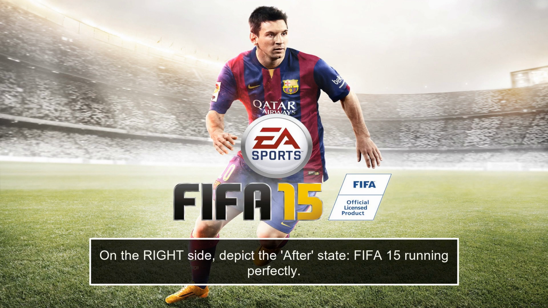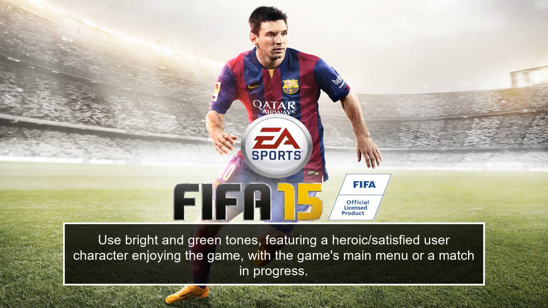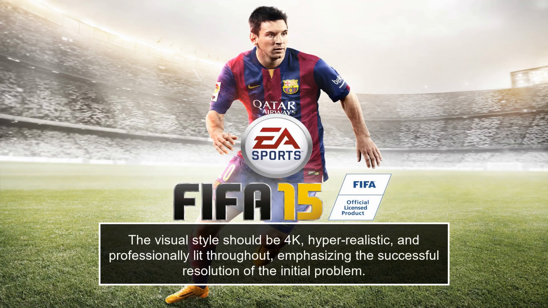On the right side, depict the after state, FIFA 15 running perfectly. Use bright and green tones, featuring a heroic, satisfied user character enjoying the game, with the game's main menu or a match in progress. The visual style should be 4K, hyperrealistic, and professionally lit throughout, emphasizing the successful resolution of the